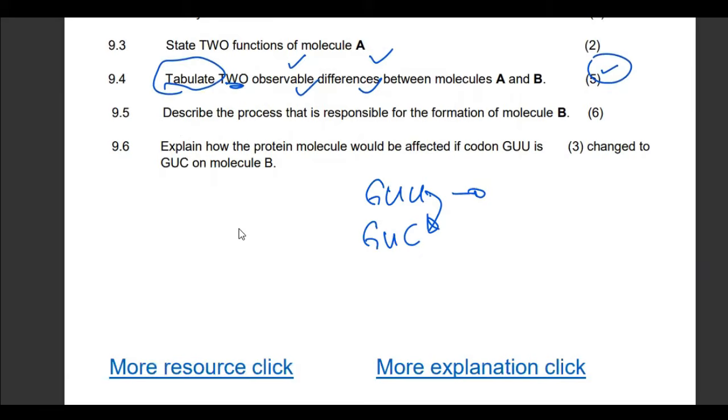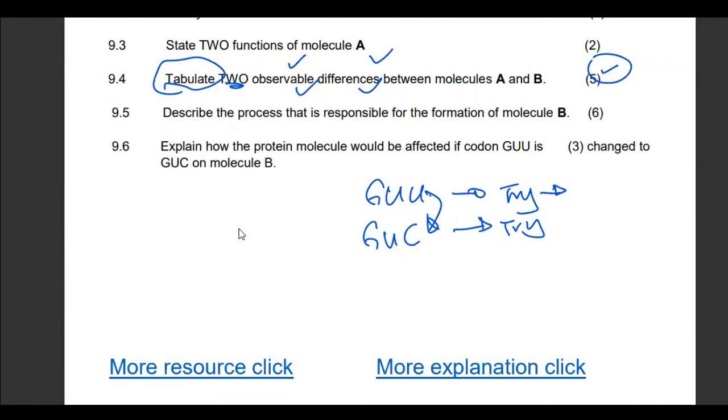If this codes for tryptophan, and this one also codes for tryptophan, however much this has been changed to this, it is going to code for the same amino acid. Therefore, the functioning of the protein is not going to change. But if this